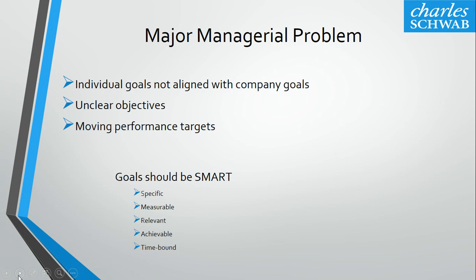So we believe that goals should be set using the SMART formula. And as far as their efficiency goals, they are specific, they're measurable, they're certainly relevant as well as achievable and time bound. However, if we go back to relevant, that's where this starts to fall apart a little bit. Of course, customer satisfaction and efficiency are relevant things, but they're not perfectly relevant to the company's overall goals, and that's where this managerial problem arises.